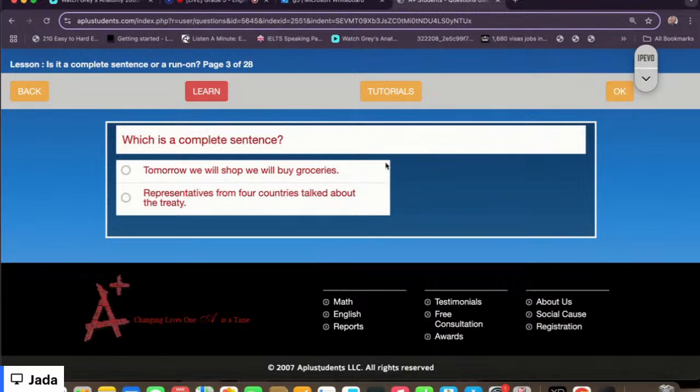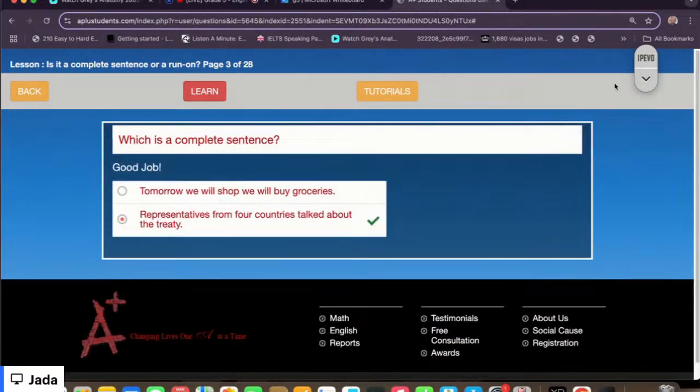Okay, so representatives from four countries talked about the treaty. Okay,